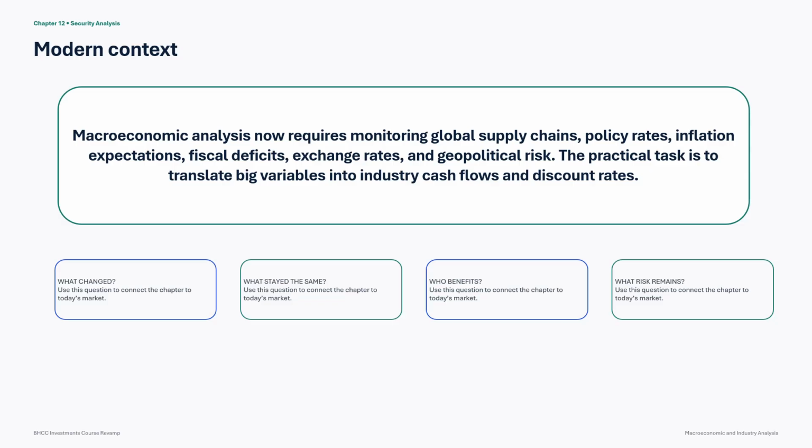A company may still have a strong balance sheet, a weak competitive moat, or a recurring revenue model. Who benefits? Name the likely winners and losers. Avoid the phrase the market when the effects are clearly uneven. What risk remains? Ask what could reverse the outcome, what the market already expects, and whether the position can survive